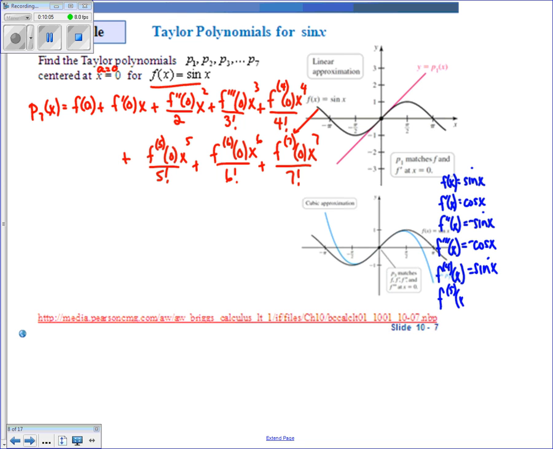F5, fifth order derivative, will be cosine of x. Notice we're starting to repeat ourselves. F6 will be negative sine of x. And F7 will be negative cosine of x. And I see 8 is going to be the same as the first one was. Okay, so now those are the f derivatives of x, but I need to always plug in the 0, whatever the a is. So now f of 0, f prime of 0, f double prime of 0, f triple prime of 0, fourth derivative at 0,